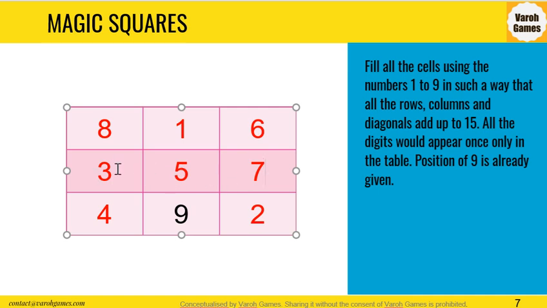And we can add this one also and check. 7 plus 3 is 10 plus 5 is 15. So here is our solution. All the rows, the columns and the two diagonals add up to 15. As I told, the only other possibility is writing 8, 3, 4 over here and 6, 7, 2 over here. It can be in that fashion also. But 5 and 1 will take this position only. It was easy and interesting, wasn't it?